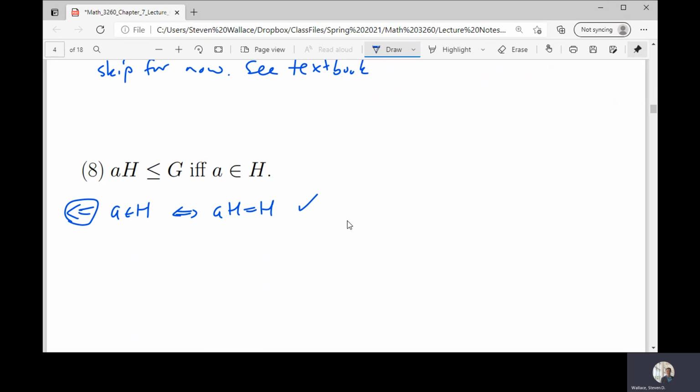So that's that direction. This direction, aH is a subgroup, which means that a little h equals e for some h in H, which means that